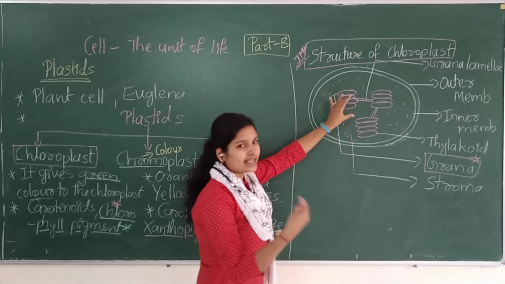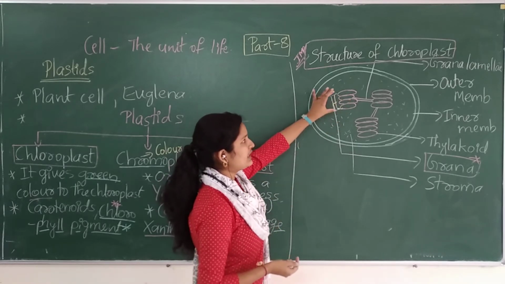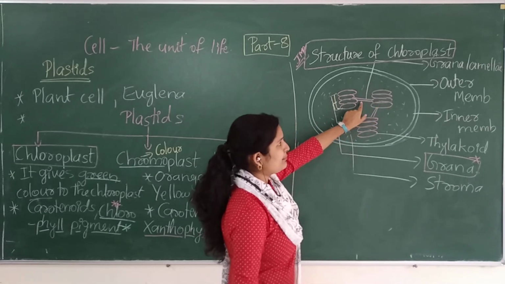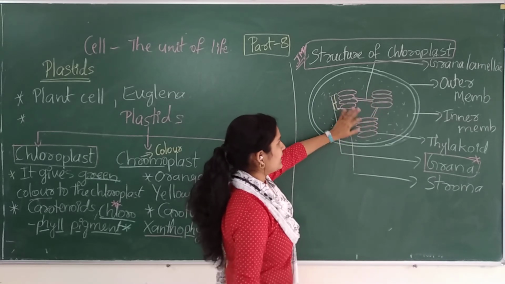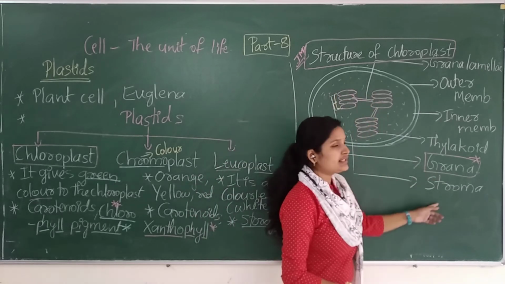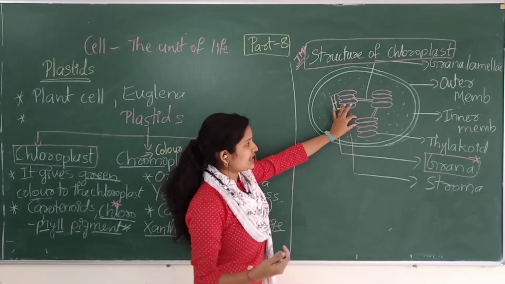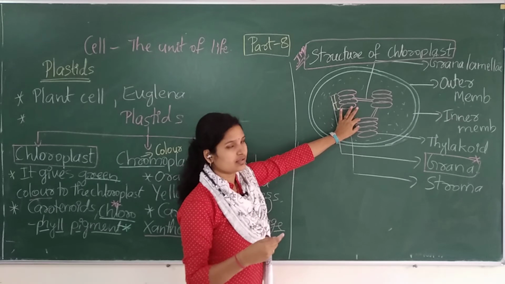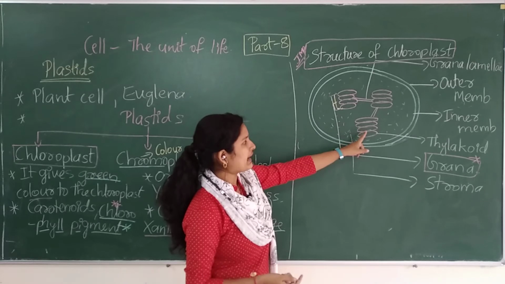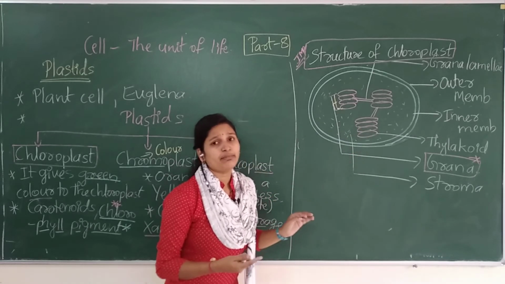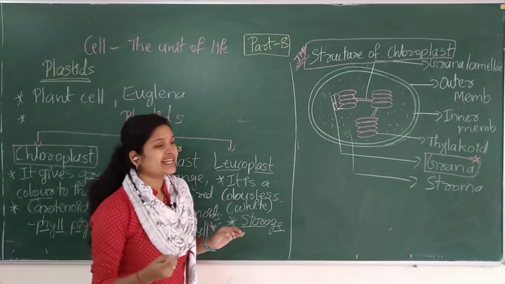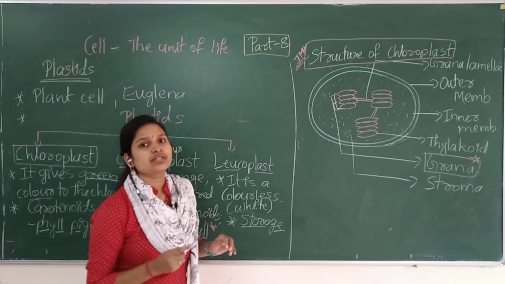and these stalk-like structures which are arranged one by one we call grana, and each grana is attached to another grana with the help of grana lamellae. Here the dense cytoplasmic content is present, that we call stroma. And if we study only one structure, that we call a thylakoid. So in the stroma and in the thylakoid region the light and dark reactions take place, which you are going to study in detail when you read about the photosynthesis process.